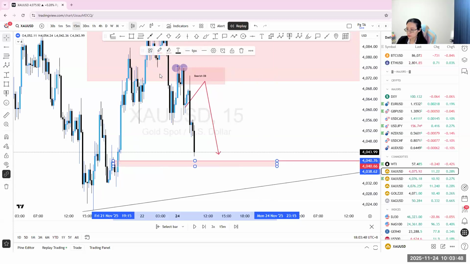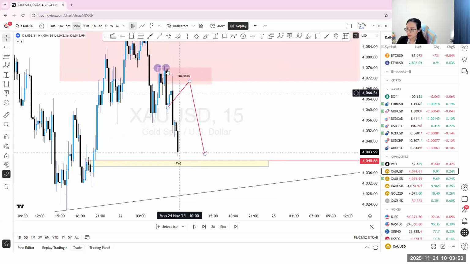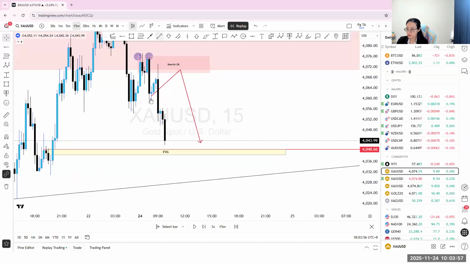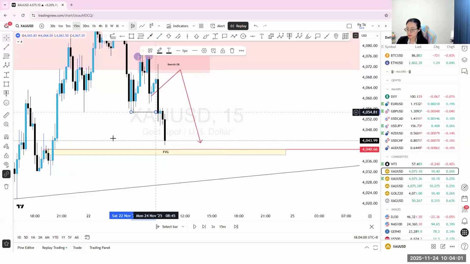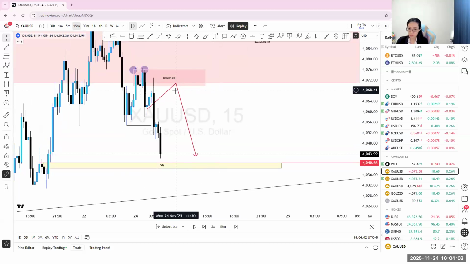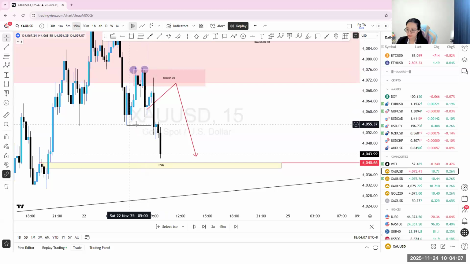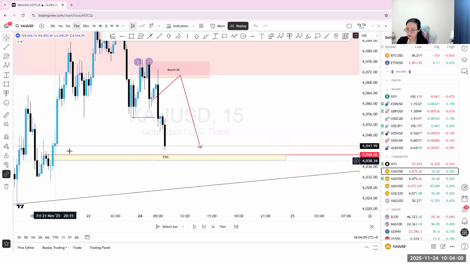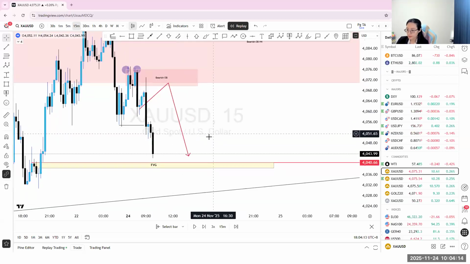This level. Okay. And price, first TP that you would aim for, which is this swing low. This is going to be TP1. Always aim TP1 at the recent low, which is this low. Price broke it. Then for the second one, you can aim for this support level or FVG. Okay, and price went to the